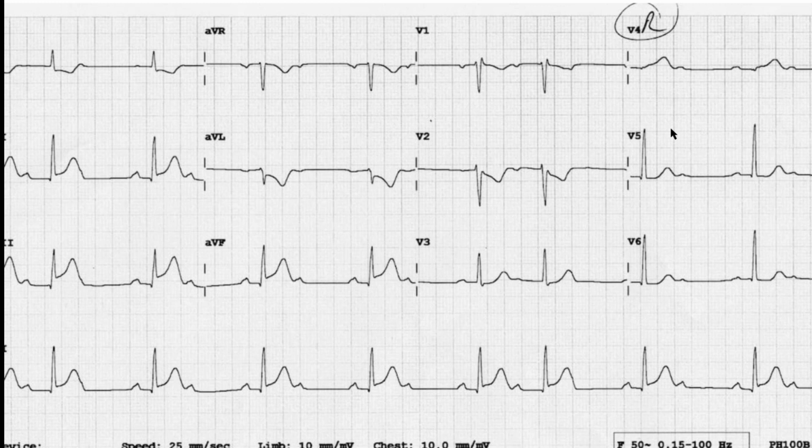As you know, the first thing which we look at on an ECG is rhythm. For rhythm, we will look at the rhythm strip, which is a long lead at the bottom of this ECG. As you can see, there are prominent and upright P waves before each QRS complex. The presence of upright and prominent P waves before each QRS complex in the rhythm strip means that this is a sinus rhythm.